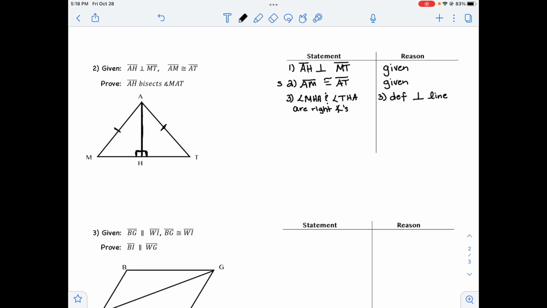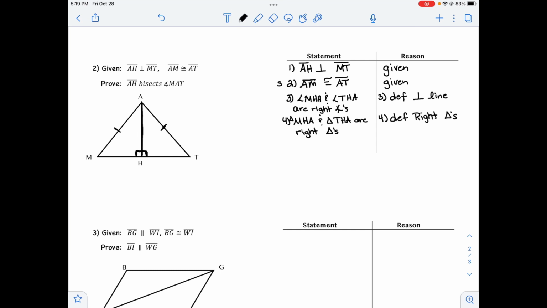So we know that's why it made it right angles. We also know that because we have right angles, triangle MHA, notice my H is still in the middle, so triangle MHA and triangle THA are right triangles, because we know the definition of right triangles. Right triangles: a three-sided shape, one angle has to be 90 degrees. We have that. We know the definition of right